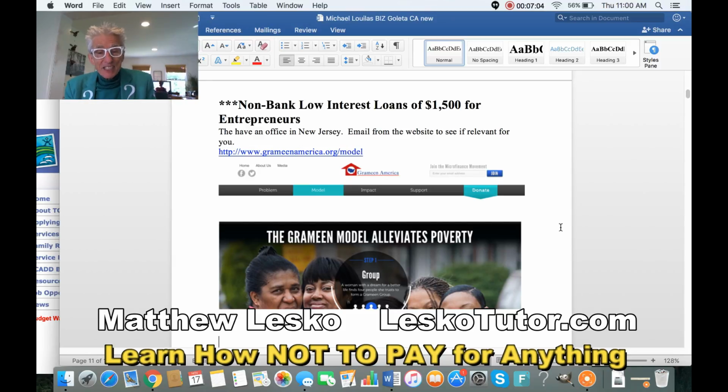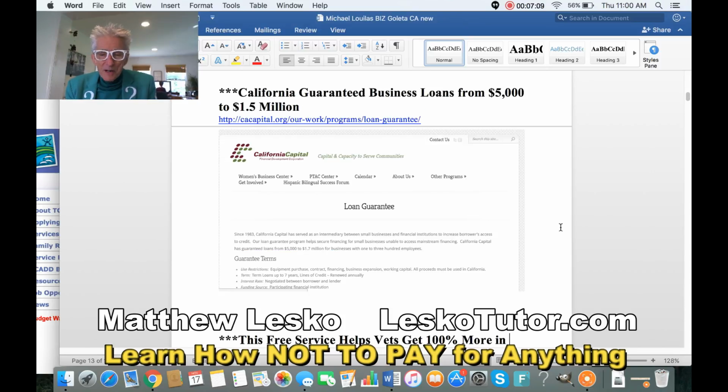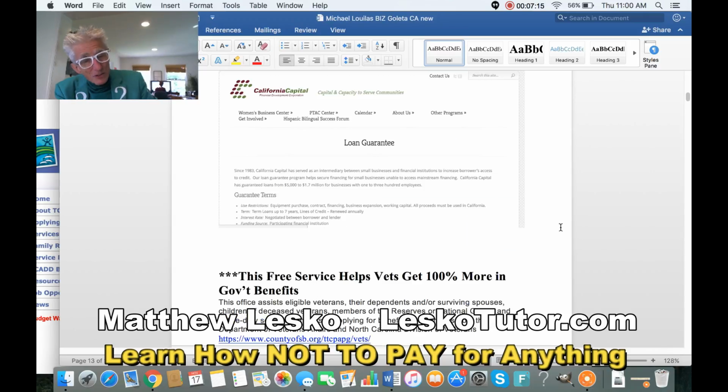Right. Now, this is out there too. People don't know. Nonprofit offers startup money for growth. Here's $5,000 to $1.5 million. That's another nonprofit. Now, this is interesting for people, if you're a vet or if someone in your family is